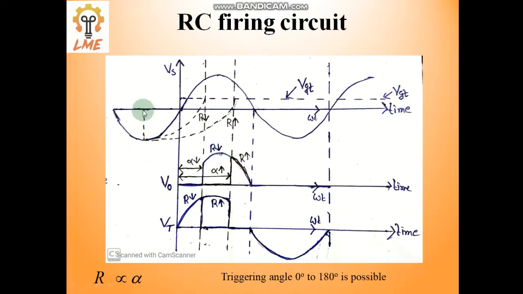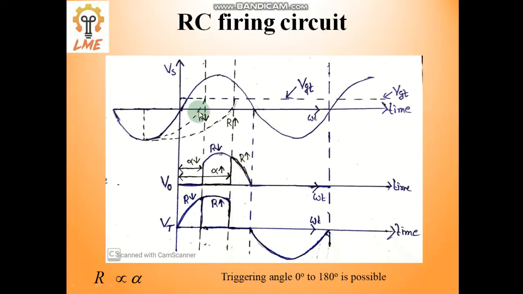Suppose we assume this first line, when the R value is very low. Then what will happen? At the peak of the negative half cycle, the capacitor is fully charged in the green polarity. We already said that is the green polarity. Then it starts discharging when the positive half is applied, and it discharges very fast because the R value is very low, and it changes polarity to the red polarity.